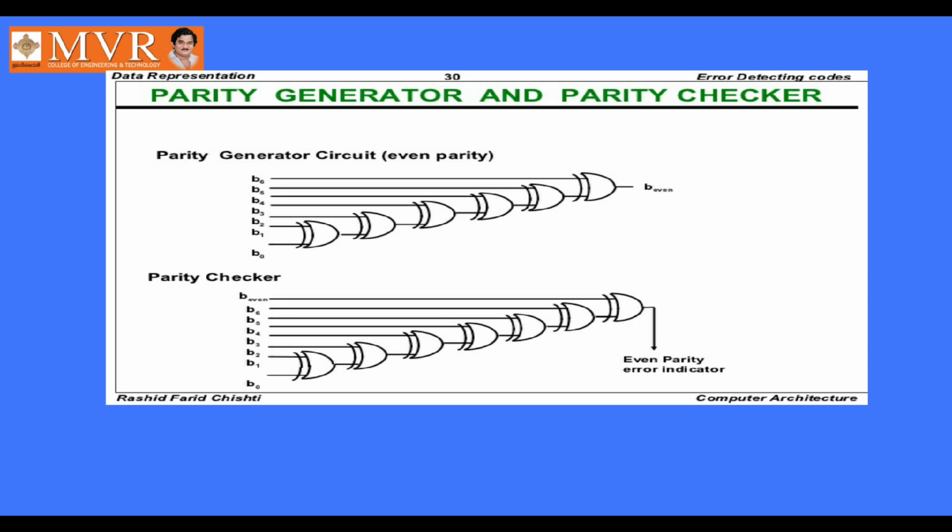So the second disadvantage of the parity bit method is that it can identify an error only if the change occurs in one position. If the change occurs in more than one position, this parity bit process fails in identifying the errors.